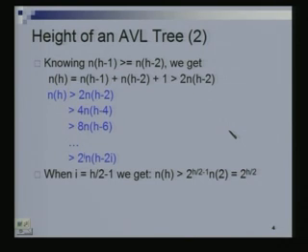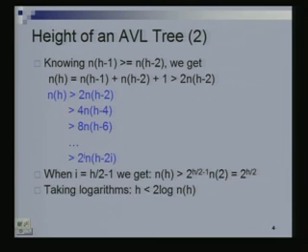Right. So what does this say? We just argued that if your AVL tree has height h, then it has at least 2 to the h by 2 nodes, at least so many nodes. What is the maximum number of nodes it can have? Something like 2 to the h, either 2 to the h or 2 to the h plus 1, one of those. Yeah, because it can be a complete binary tree. So now suppose I were to take logarithms, what would I get? I would get that h is less than 2 times log of n.